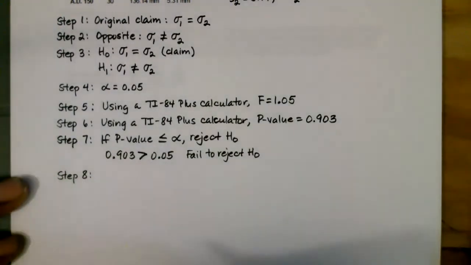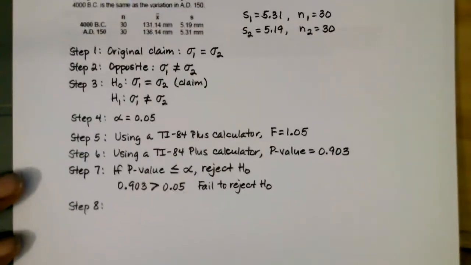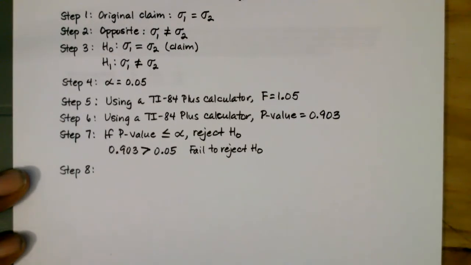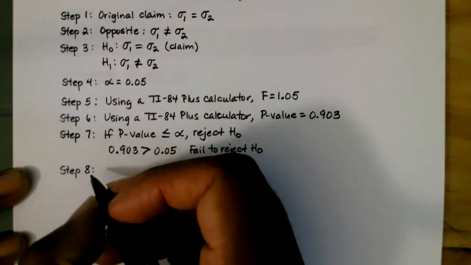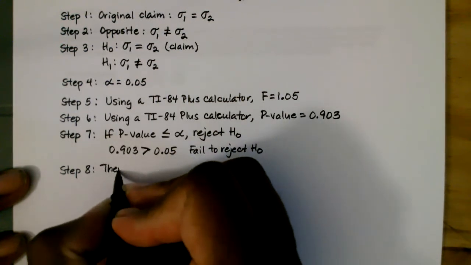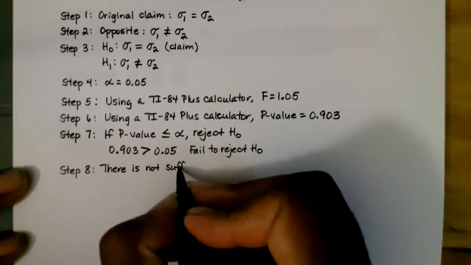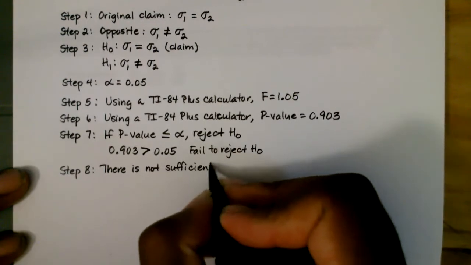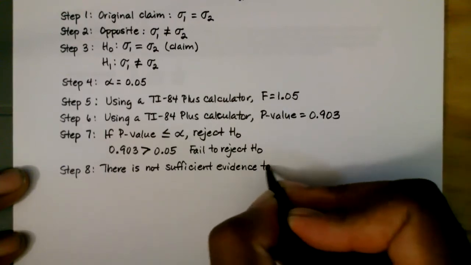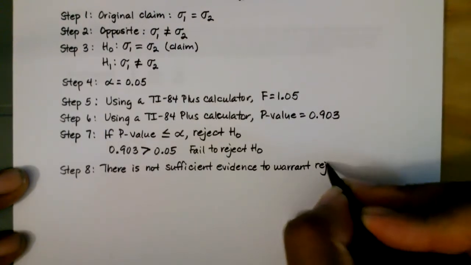And then step number 8 is our conclusion using simple non-technical terms. The claim was the null hypothesis, and we failed to reject that null hypothesis. Okay, so there's no sufficient evidence to reject the claim. So we have to say this: there is not sufficient evidence to warrant rejection of the claim